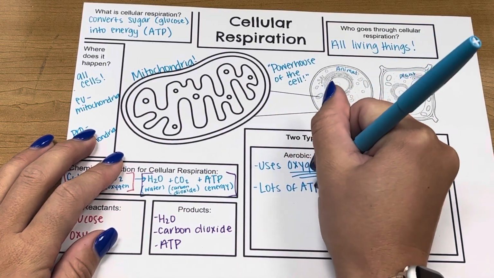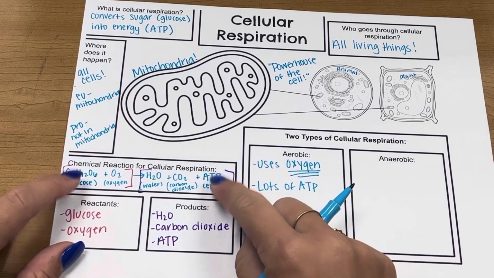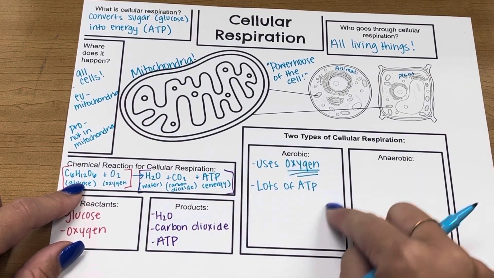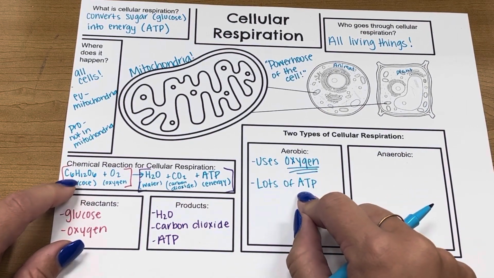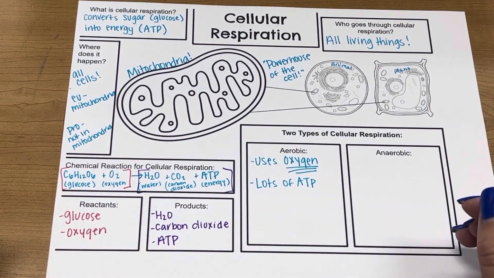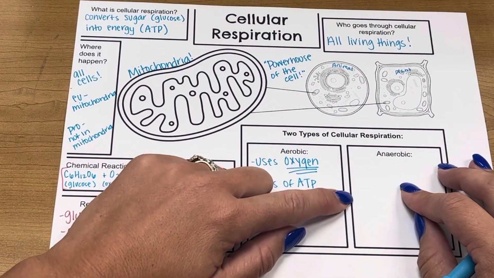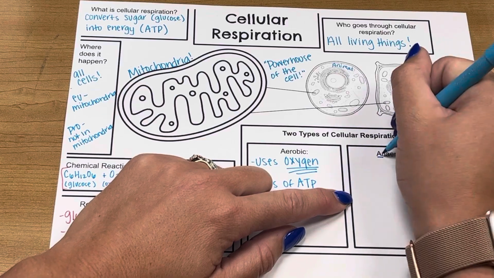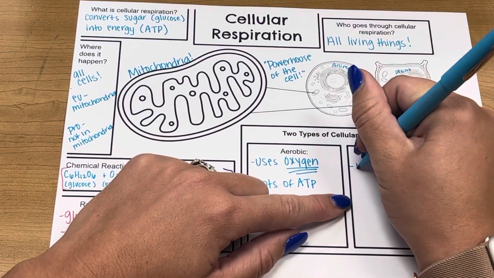This is our quote unquote normal cellular respiration. This is what we think of when we think of this reaction right here, okay? This is happening in your cells at all times. All right, so aerobic respiration, this is what's going on normally. Now, there's another different type of cellular respiration called anaerobic. And if we look at the root word, the prefix an means not, okay? So this one does not